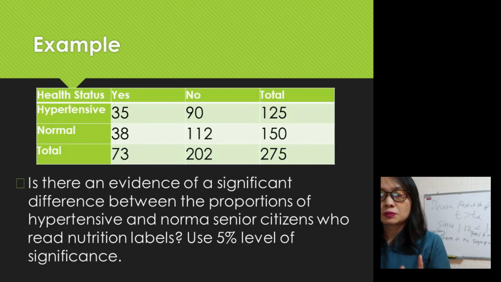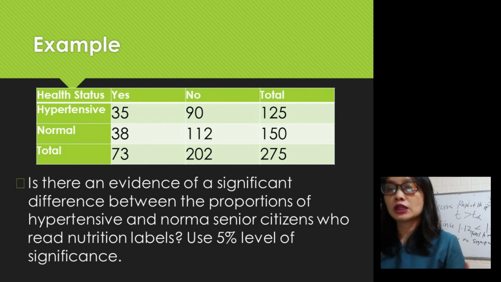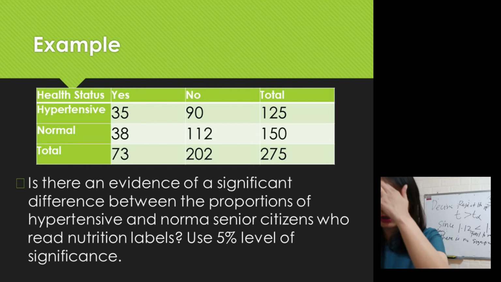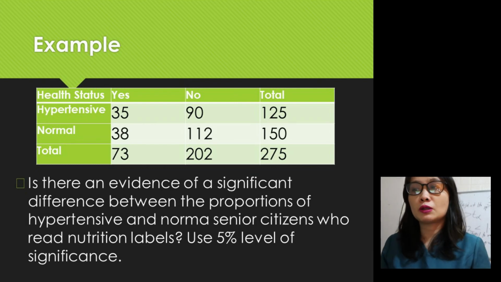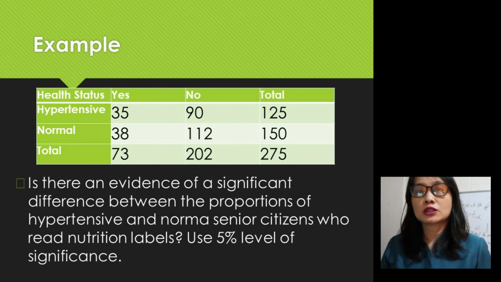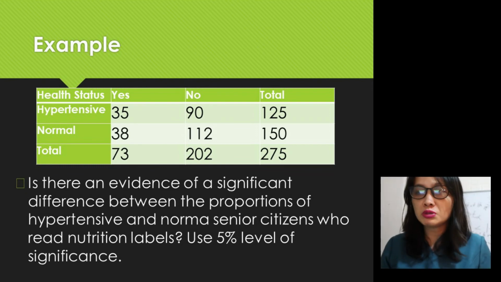In this table, the question is: is there evidence of a significant difference between the proportion of hypertensive and normal senior citizens who read the nutrition labels? Use the 5% level of significance. So we need to determine the significant difference between the proportions. For the hypertensive, 35 read, and for the normal, 38 out of 150. First and foremost, we need to determine